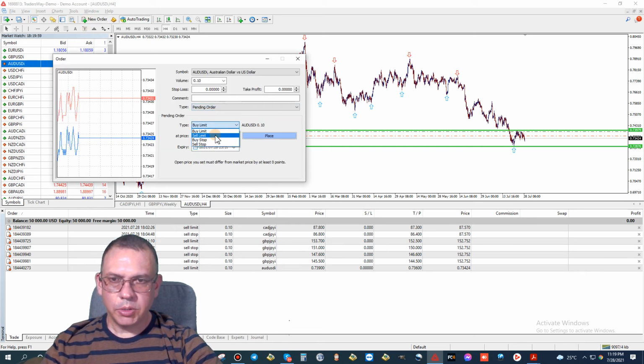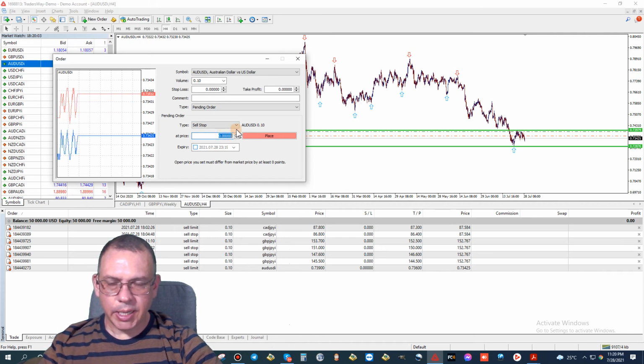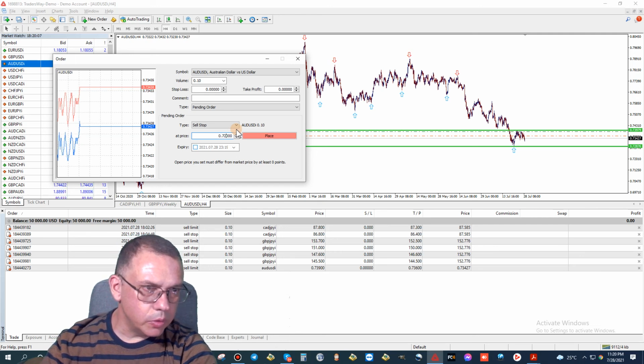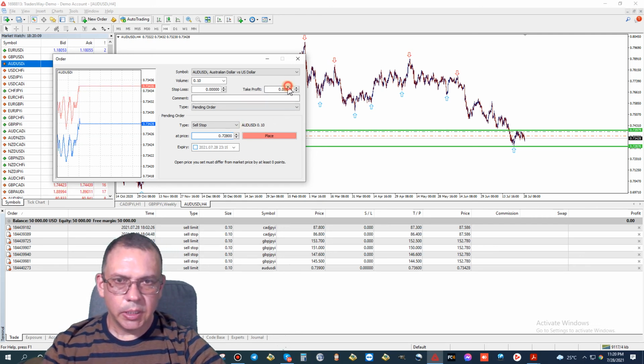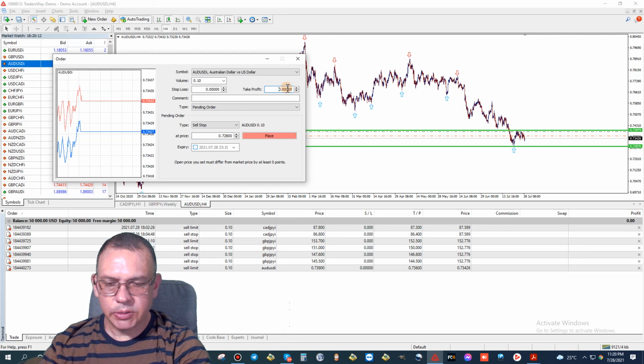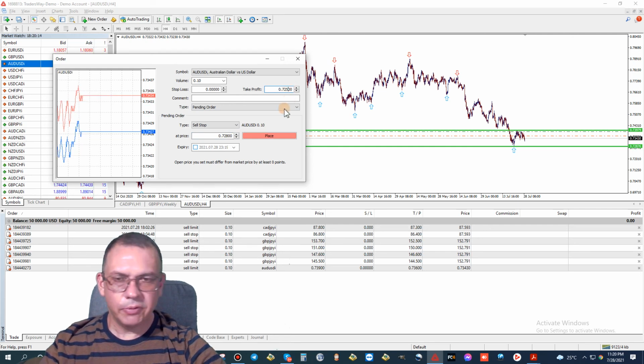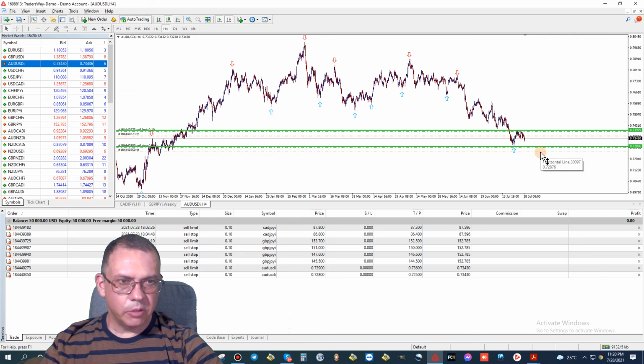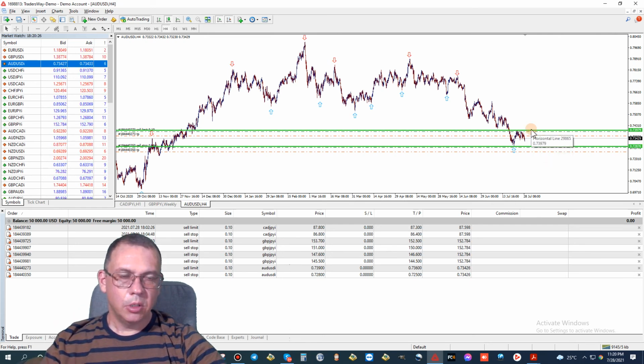I'm going to put a sell stop pending order, and we're going to put this at 0.72800, and take profit at 0.72500. Again, that's 300 pips in profit. And if you look right here, you see, right there it says 300 pips. So you get 300 and 300 is 600 pips in potential profit, which all we're doing is following the bigger